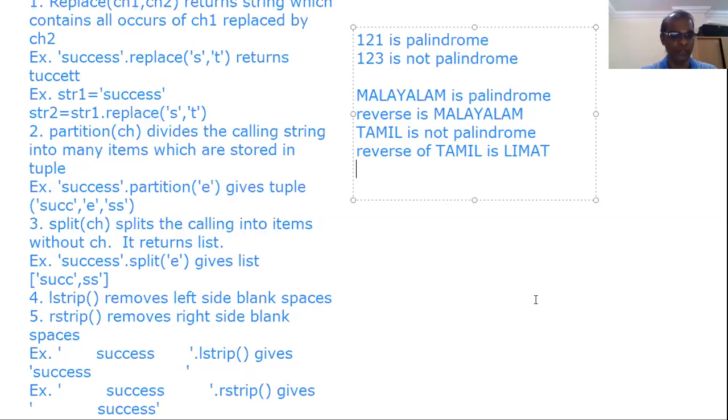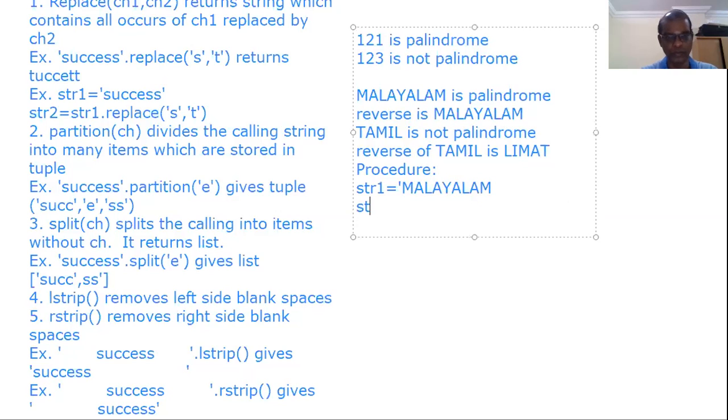Now assume we are having one string, str1. str1 contains one string, for example, Malayalam. Now assume one more string we are having, that is str2. Now we don't have any value here, by default it is empty.